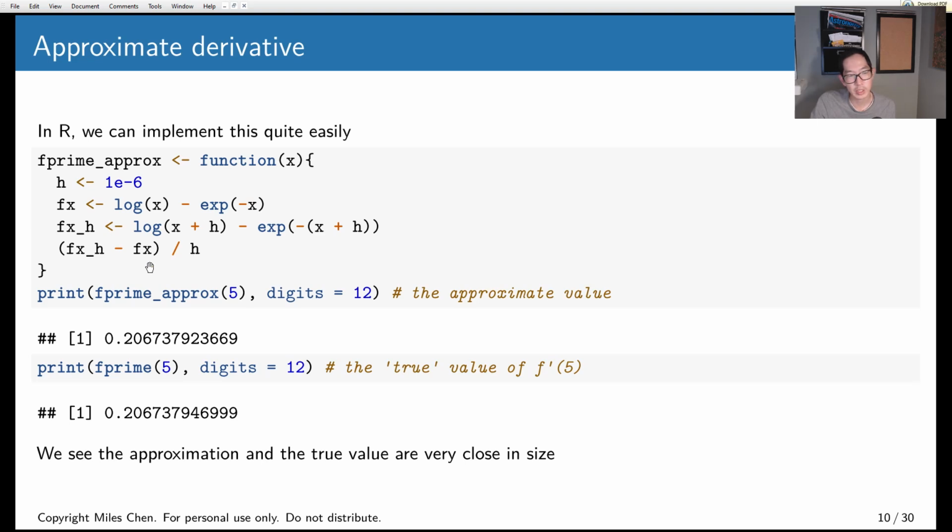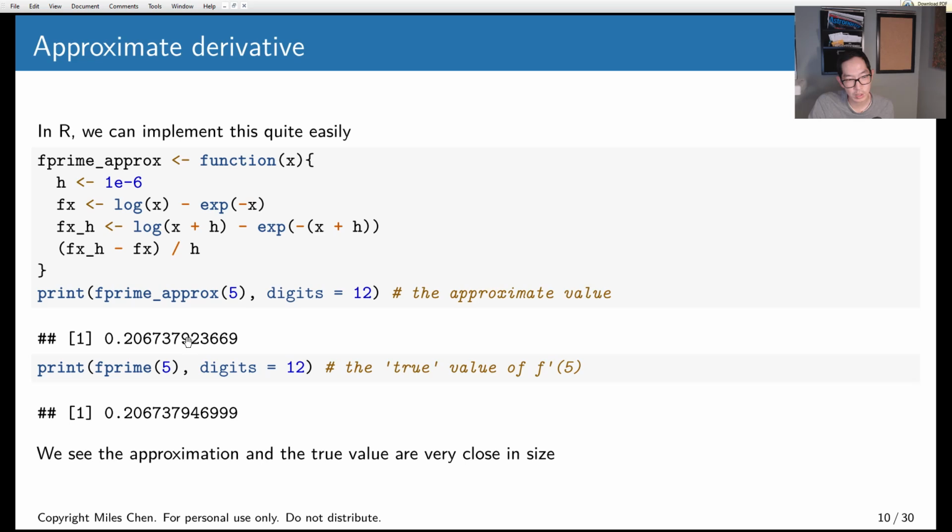When I plug that in and ask for 12 digits of precision, what R calculates as my approximate derivative is 0.2067379236669, versus the actual value, when I used 1 over x plus e to the negative x and plugged in 5,